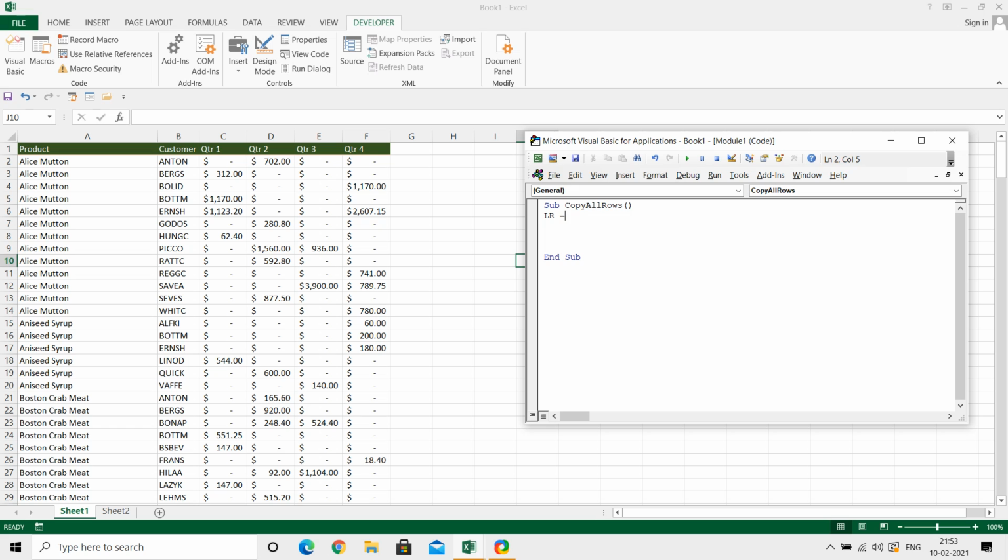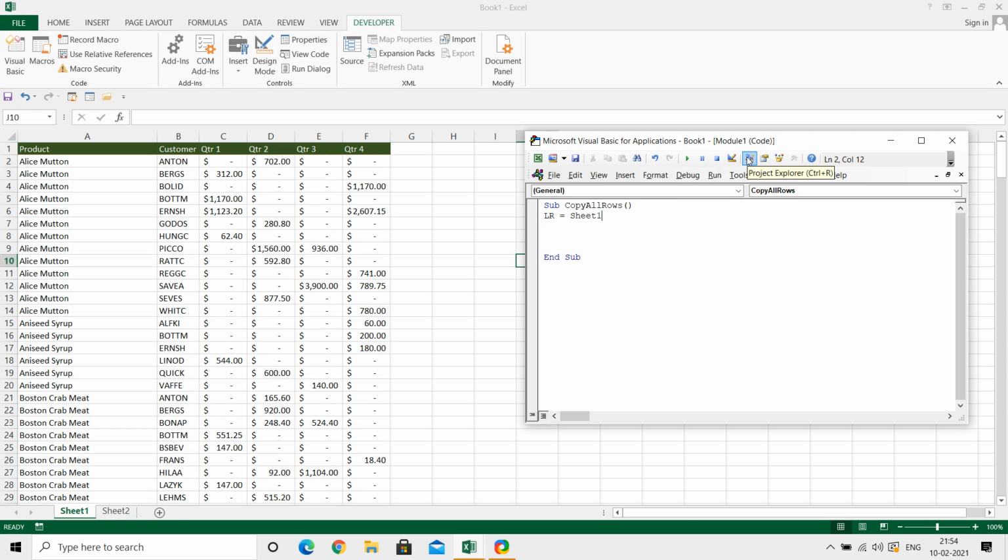LR equals Sheet 1. We have to once again verify whether this is Sheet 1, because the name shown here is Sheet 1 and Sheet 2, but maybe we have to see what the original name was.